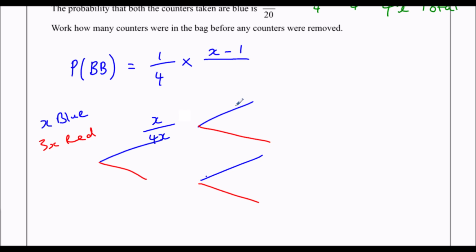For the second one, if we take out a blue, we've got x minus 1 blue left and 4x minus 1 left in total. So the probability of blue then blue is 1 quarter times (x minus 1) over (4x minus 1). And we're told that